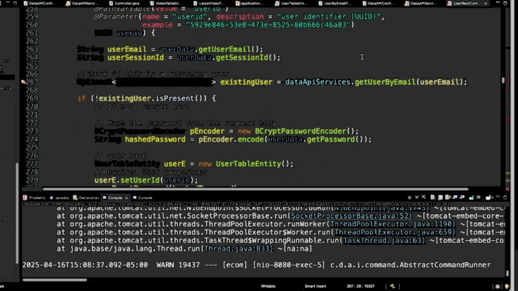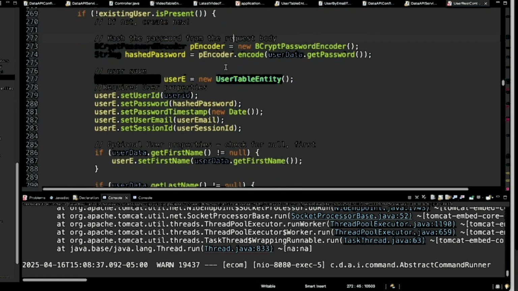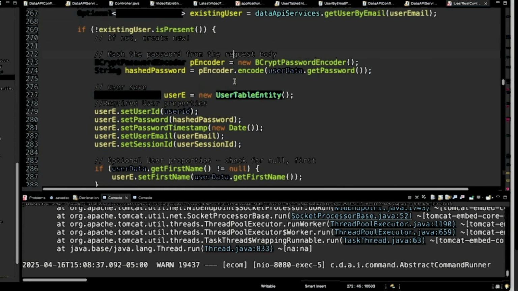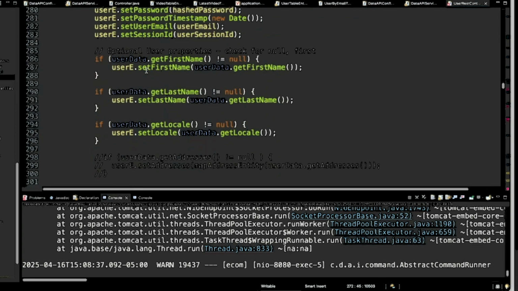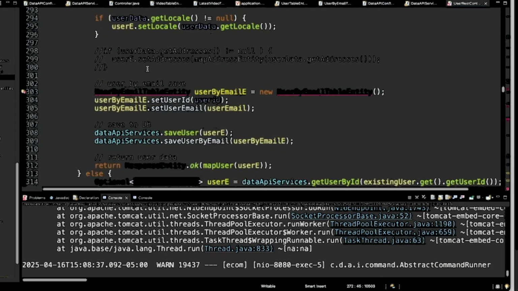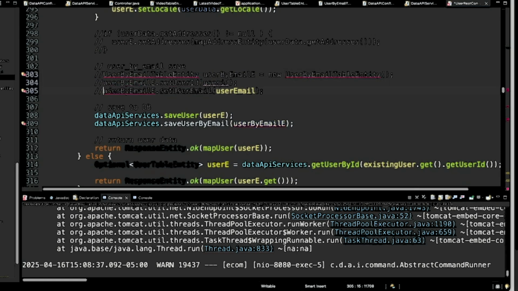Okay, let's scroll down here. All right, again, starting off with just getting rid of that. And this is kind of going to follow the same approach that we used before. So if it's not present, yep, create new. Okay. And we shouldn't need to do any of this.